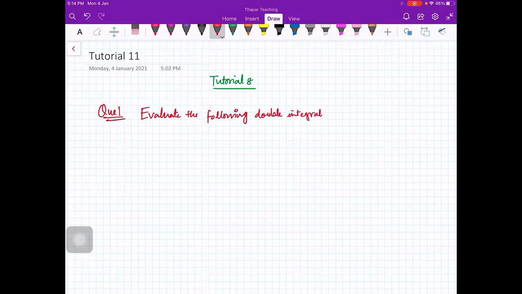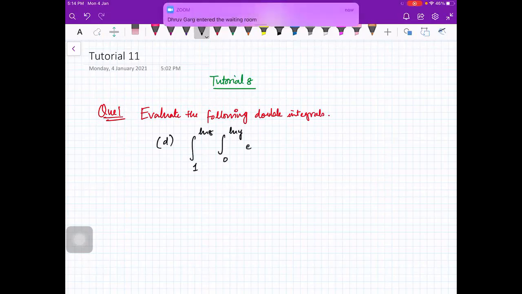Okay, so this is a simple question where you are given an integral. So I'm doing this D part. You're given 1 to log 8, 0 to log y, e raised to power